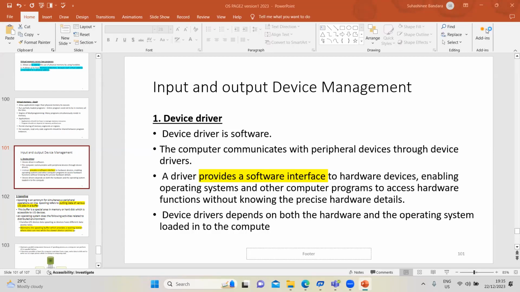Input-output device management. Device drivers. So device drivers are software. The computer communicates with the peripheral devices through the device driver software. So device drivers provide the software interface to hardware devices, enabling the operating system and other computer programs to access hardware functions without knowing the precise hardware